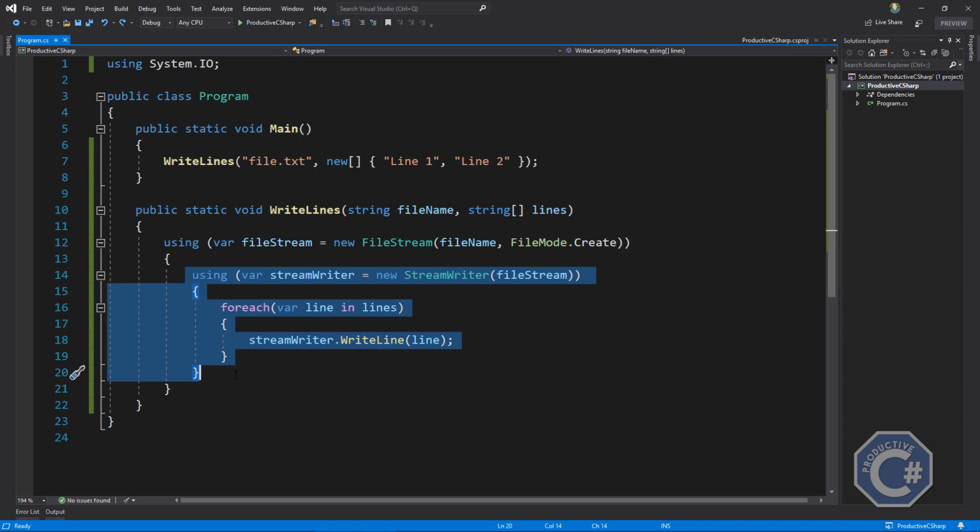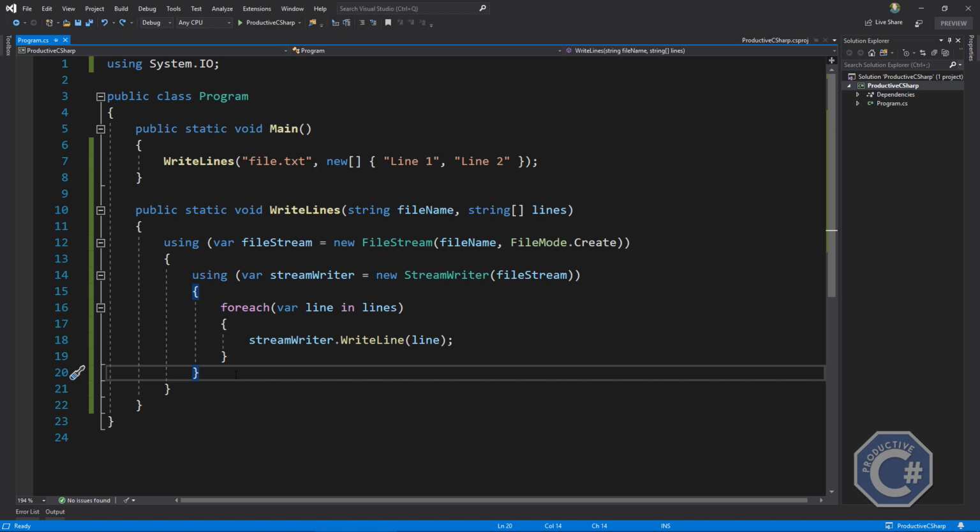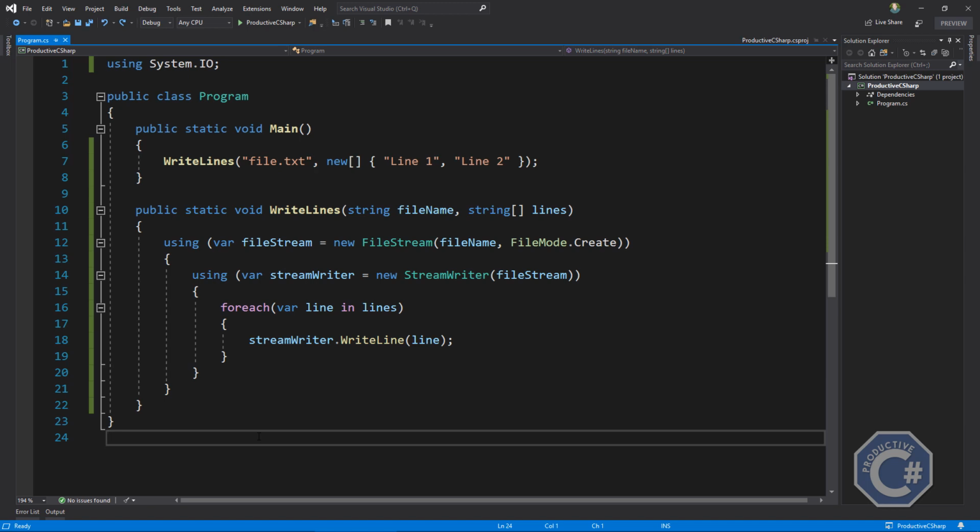This means that even if something goes wrong inside a particular piece of code, you are always calling the Dispose method and correctly disposing all the resources that a class is using. So it's a very important practice to use using all the time you interact with a disposable object. However, this syntax is a bit annoying because it forces you to create a lot of nested levels of indentation. You get a lot of nested scopes. As you can see here, this line, the write line, is inside three nested scopes, and that can sometimes hurt readability and make the code more verbose than what